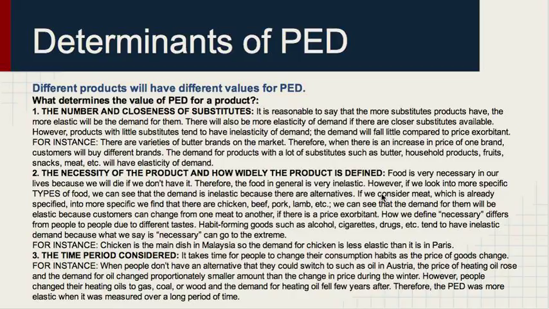However, people changed their heating oils to gas, wood, and coal, so the demand for heating oil fell after a few years. Therefore, PED was more elastic when it was measured over a long